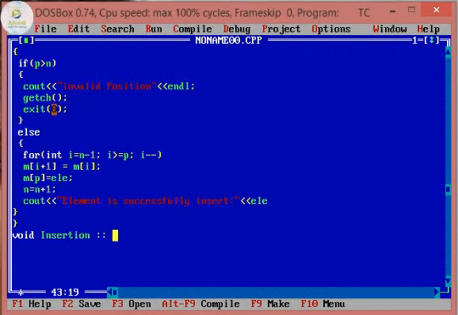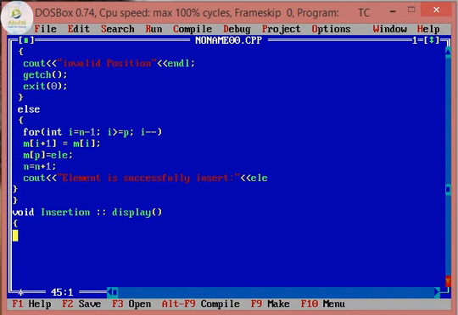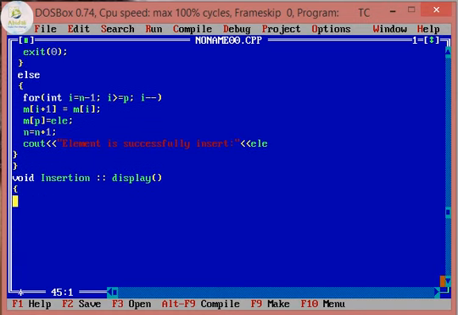The next function that we are going to implement is display. In the display we need to display the elements after insertion. So cout elements after insertion are.